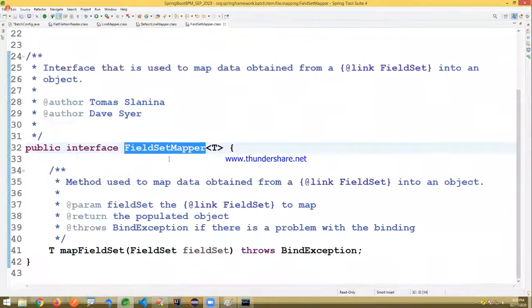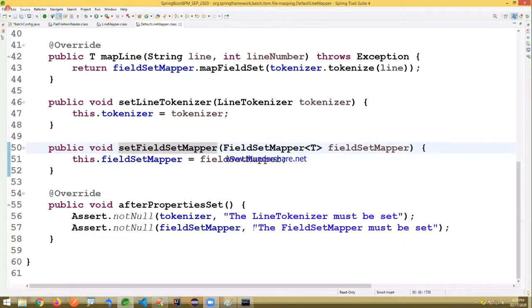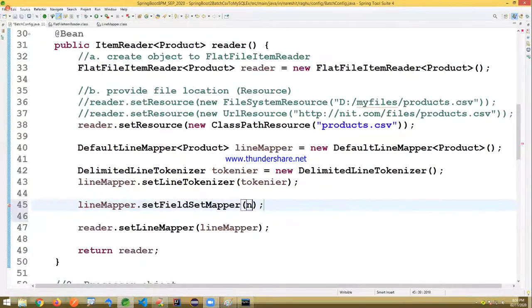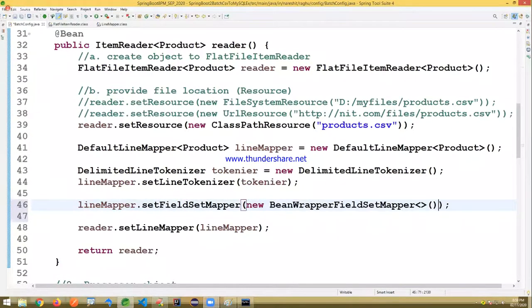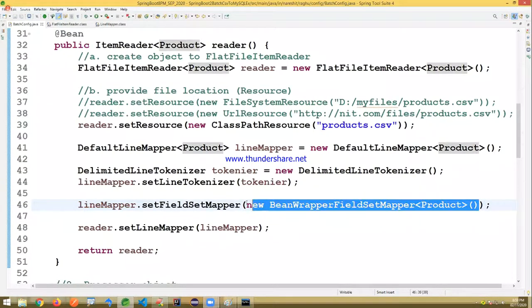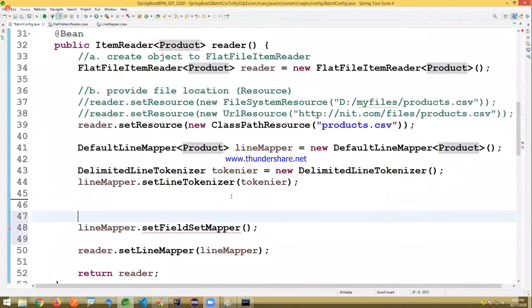There I am writing here, it's a field set mapper. New bean wrapper field set mapper of type product. Observe carefully, new bean wrapper field set mapper here.